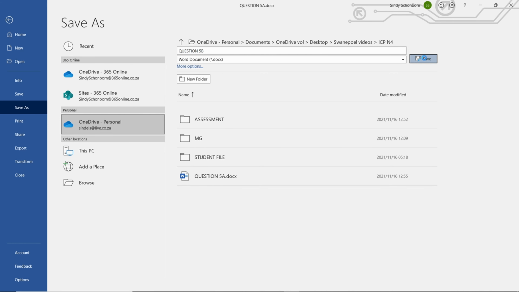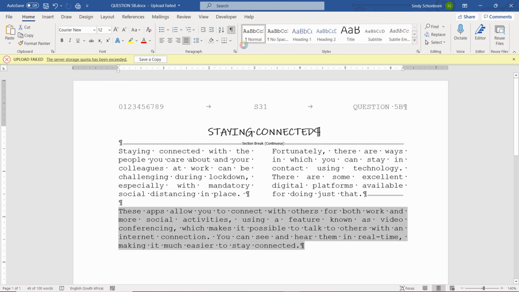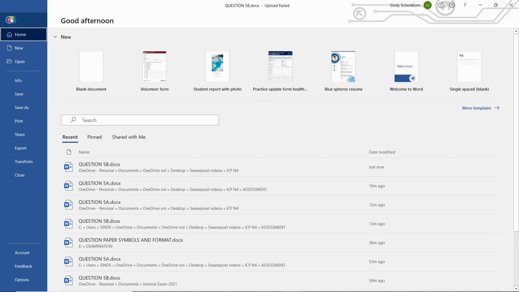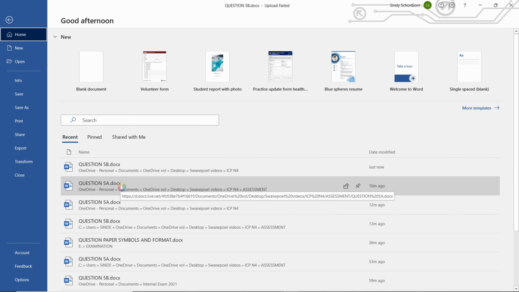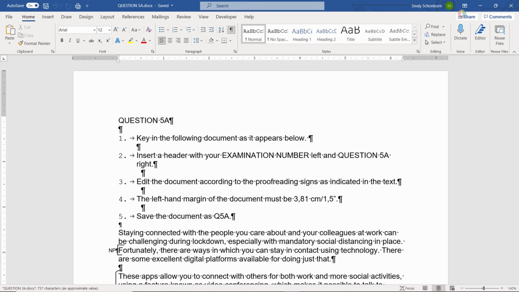Now I want to show you something different. I'm going to close this activity. I'm having some difficulty with my saving. Okay, let's just see if I can just open this one again. Okay, it's giving some difficulty today. I don't know why